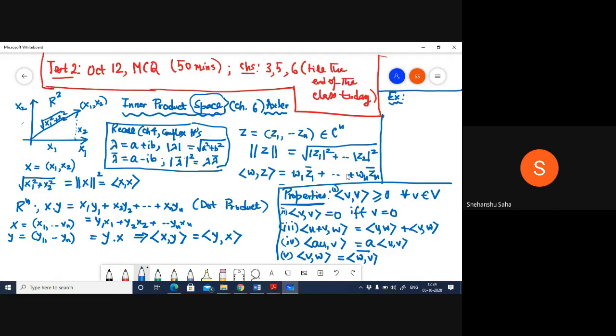If I think of all polynomials with coefficients in the set of complex numbers and degree at most n, we know that such polynomials are a vector space in themselves. Then an inner product defined on such polynomials is usually defined in the following manner. Inner product of u and v is defined as